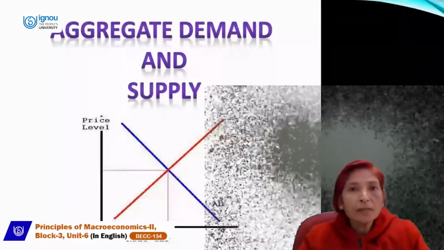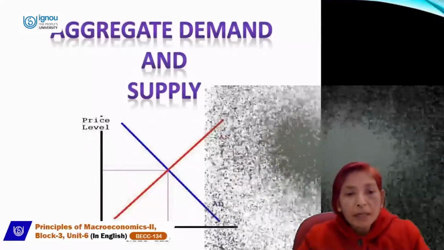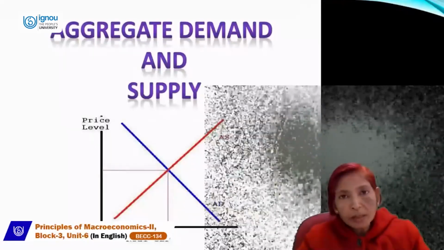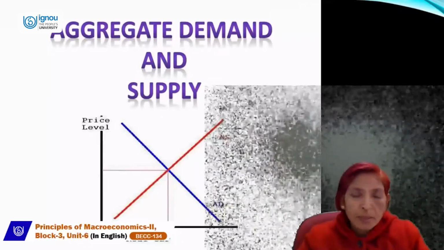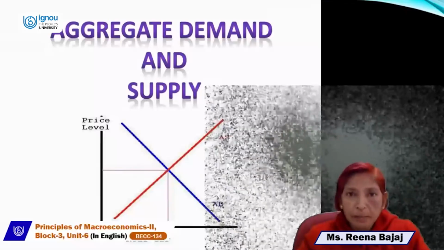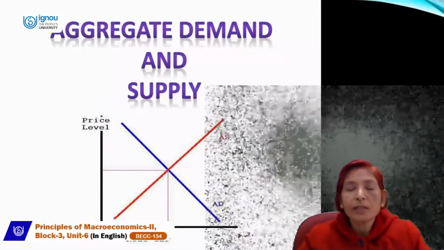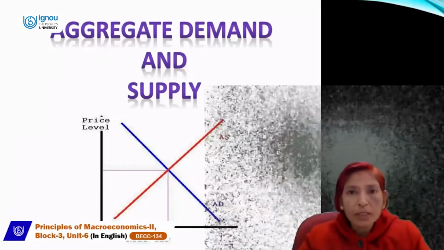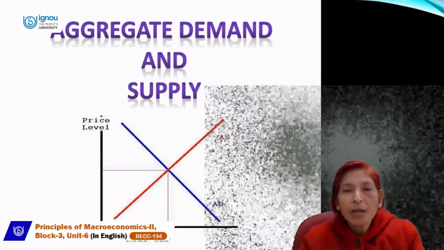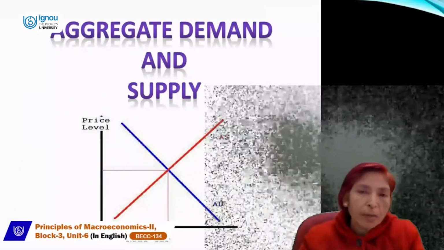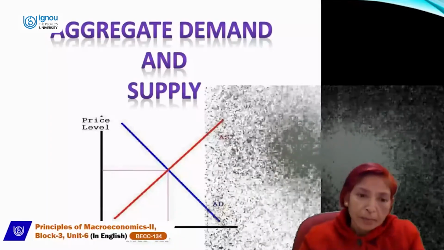That's why the demand curve is always a downward sloping curve, and the supply curve is always an upward sloping curve, because aggregate supply shows a positive and direct relationship between price and supply. And aggregate supply is the sum total of all the goods and services which are produced by the producers in an economy. So where both intersect each other, macroeconomic equilibrium, or equilibrium price and level of income, can be determined.